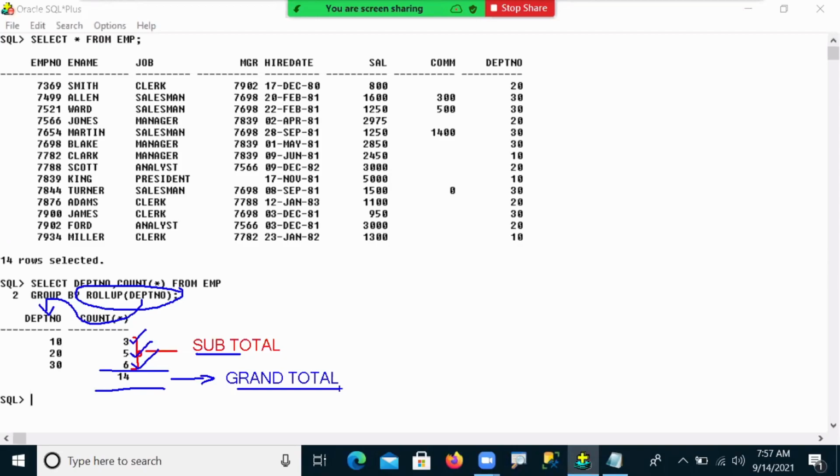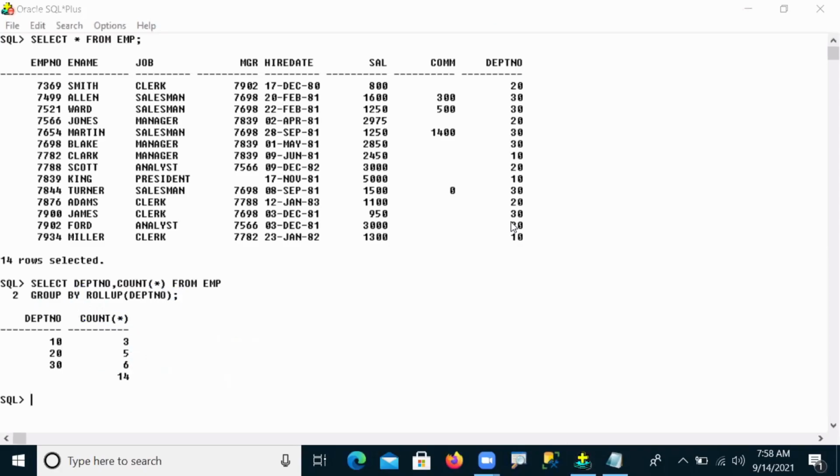So there is no confusion in single column operation. But when I go to multiple columns, carefully observe. Now I'm passing